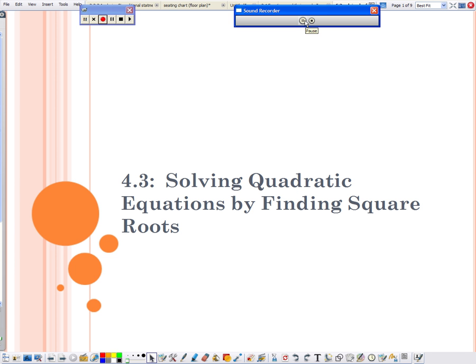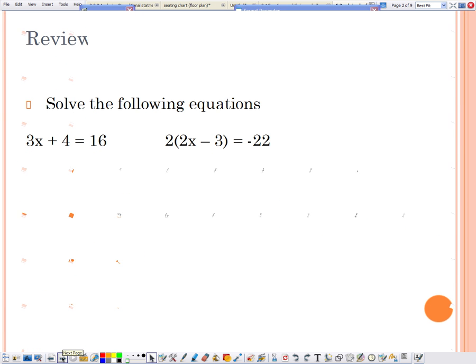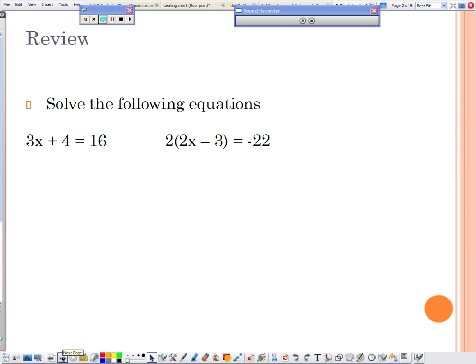Alright, lesson 4.3 is solving quadratic equations by finding square roots. Before we begin with this, there's a couple of things that I want to review with you. And those are, first of all, just basic solving equations. I know we covered this a couple of units ago, but remember that whenever you have a 3x plus 4